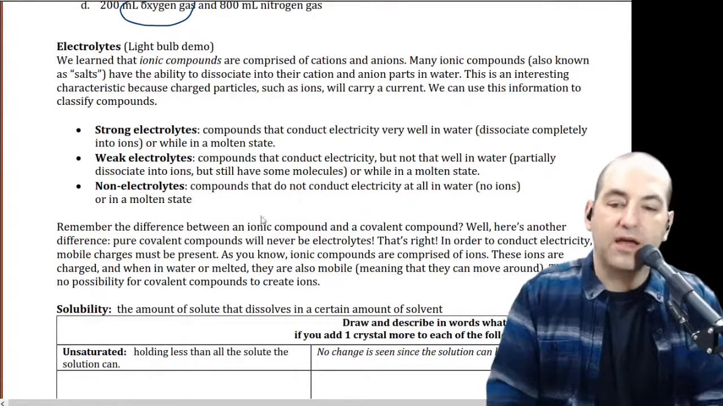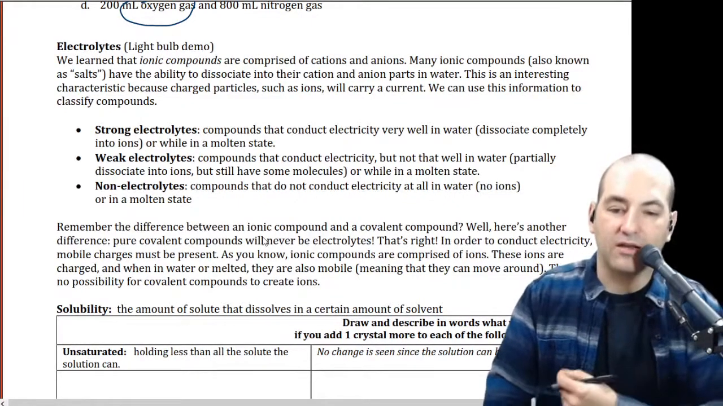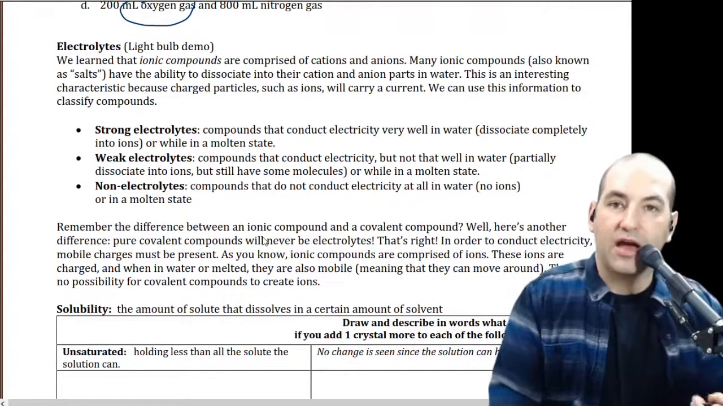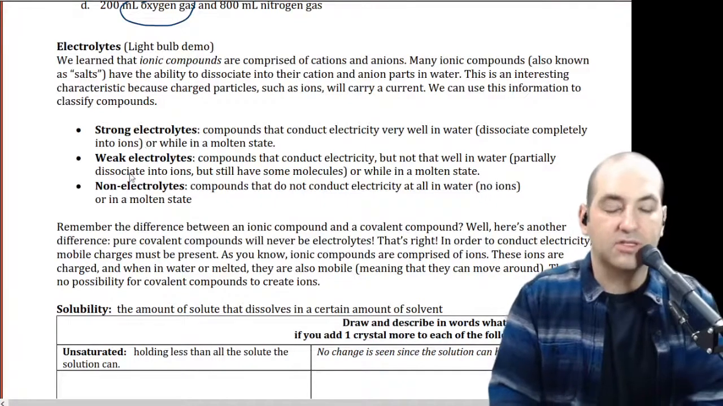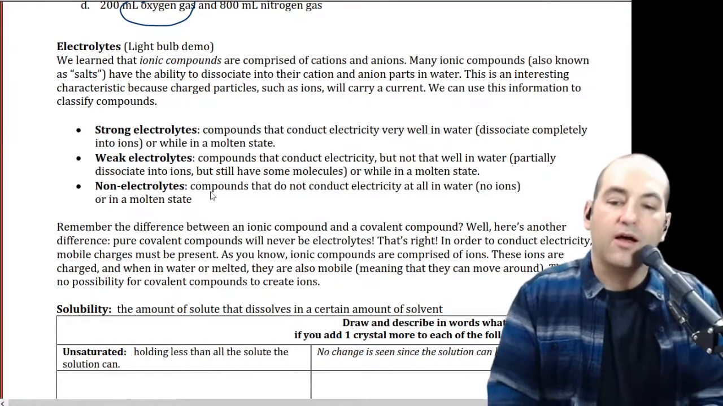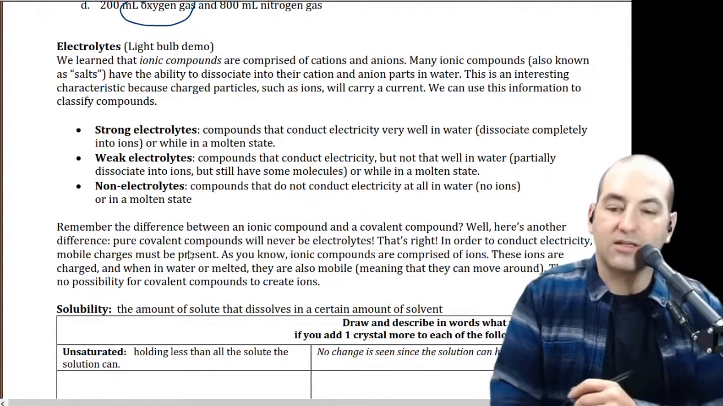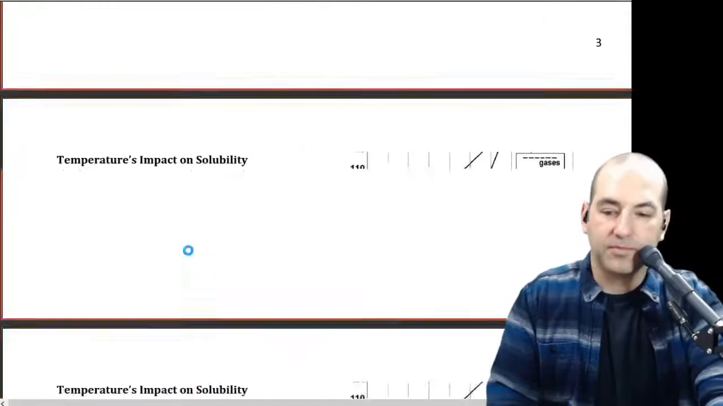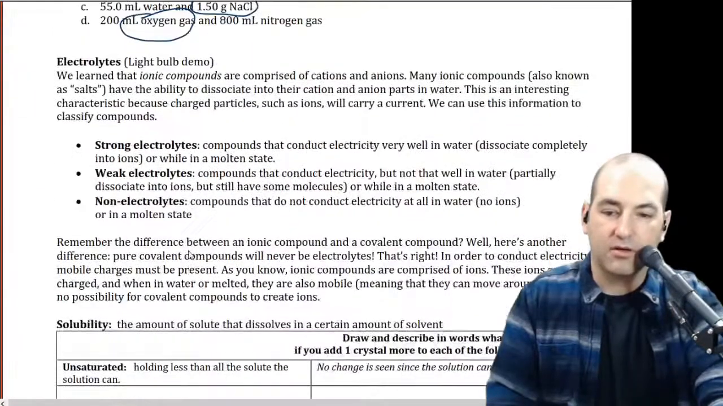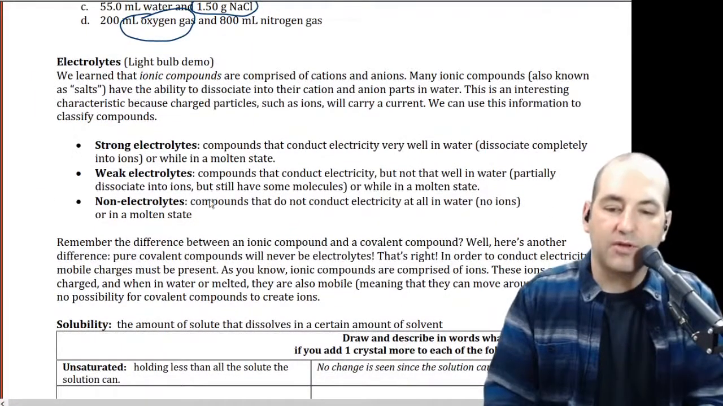So you can have three categories here: strong, weak, or non-electrolytes. Generally, ionic compounds, when dissolved in water, are going to make strong electrolytes, but some don't. And then if things don't make ions at all, we have what we call non-electrolytes. So, for example, there is an example here. So a good example of this is